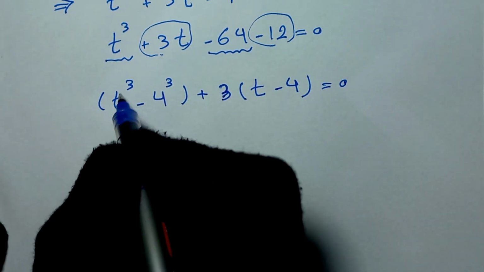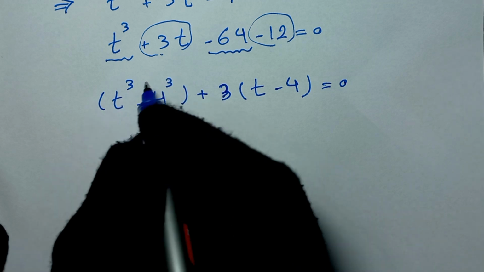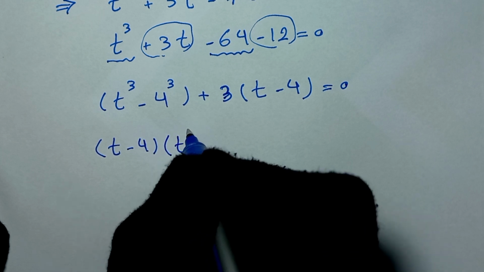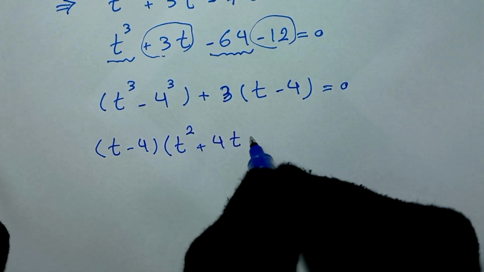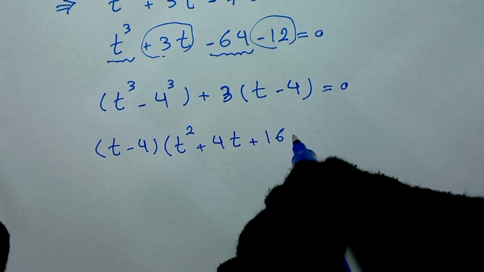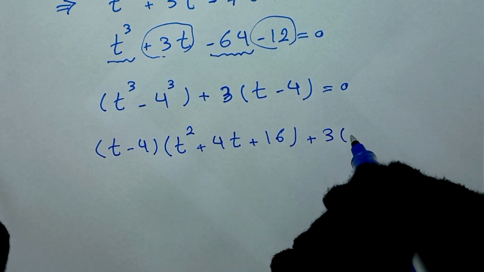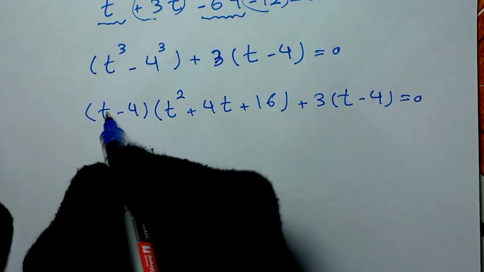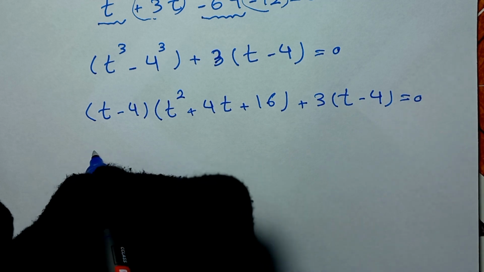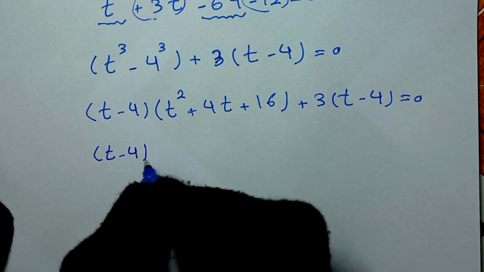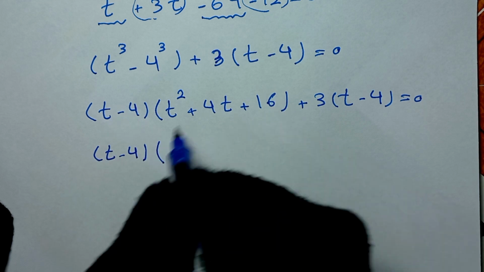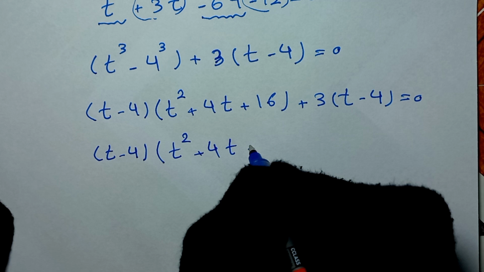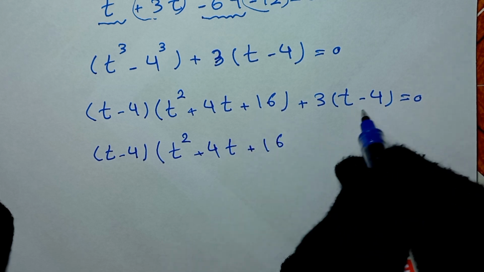And in here we have t cubed minus 4 cubed, right? And we can write this as t minus 4 times t squared plus 4t plus 16, and plus this 3t minus 4 is equal to 0. And next step in here, t minus 4 is common, so we factor t minus 4, and this part divided by this. In here we have t squared plus 4t plus 16, and this divided by this,